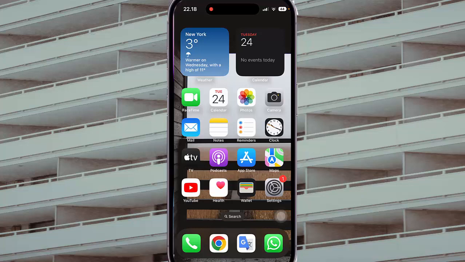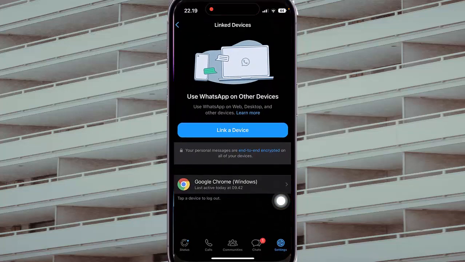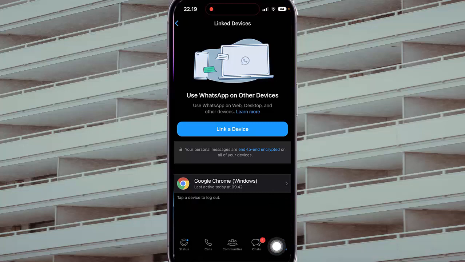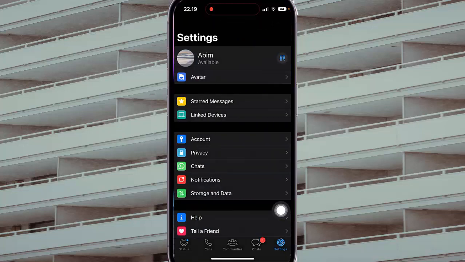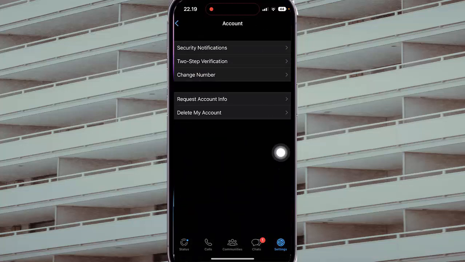To turn on or turn off WhatsApp security notification. In iPhone 14 Pro, open WhatsApp app, find WhatsApp in home screen, and then tap settings icon, select account, and then tap security notifications,